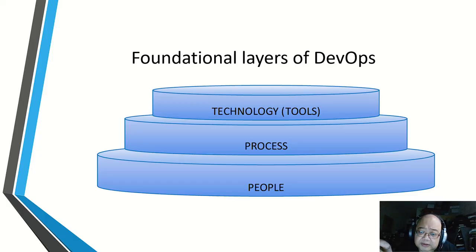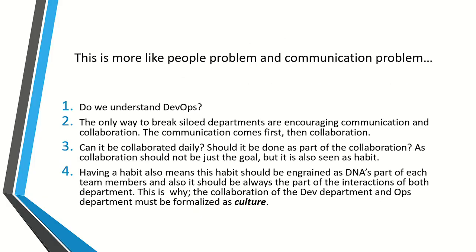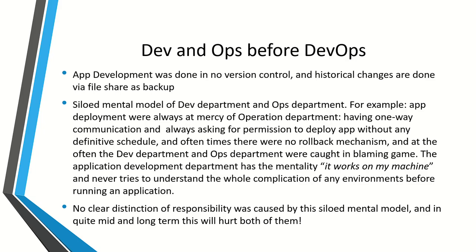Now you are part of that change, which is why I mentioned on the previous slide of chapter 0, you have a silo mental model. Not just having your own ego, but also you don't want to know what happened on the other side. Devs usually don't want to know, okay, I just develop my app, and operation or deployment should not be my part. But they have to pay attention to what would be the compatibility, the consequences, and the possible problems, especially performance.